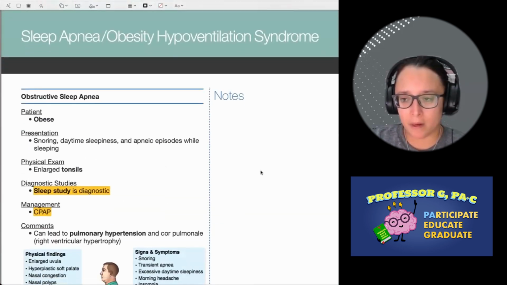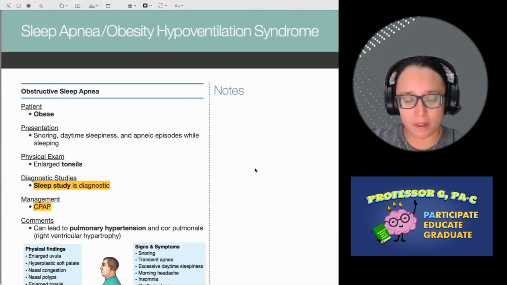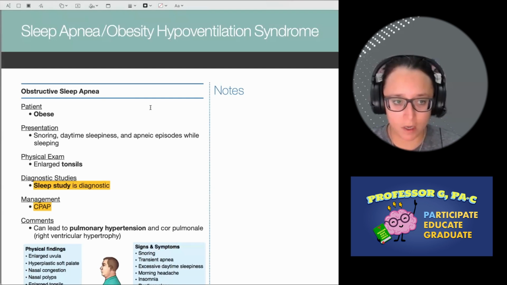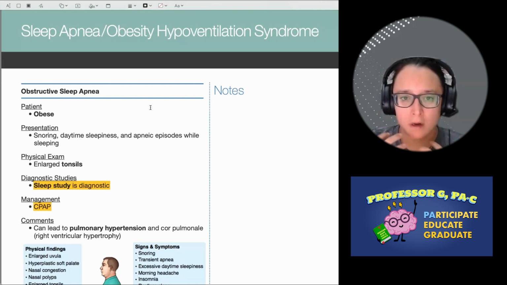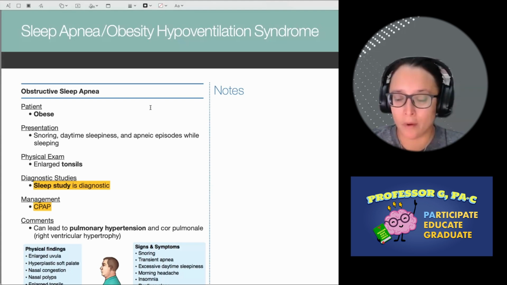All right, sleep apnea. We haven't covered this yet, but I'm going to cover it really briefly. I think probably all of us know someone that has sleep apnea. If not, we've heard of it before. Essentially, we have either an increased neck circumference, an enlarged soft palate or tonsils, or we're obese. And that causes an anatomical defect. The back of our throats, when we're laying flat, everything collapses and we're not able to oxygenate well while we're